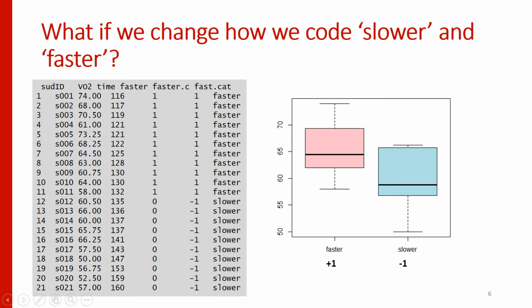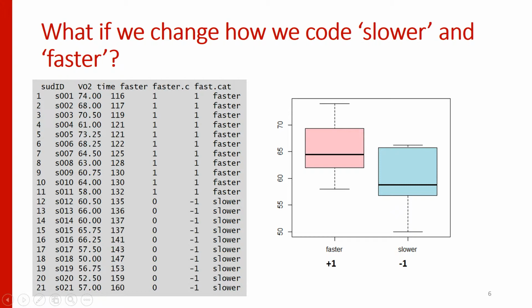Now, what if we change the way in which we are coding slower and faster, right? So we can change this from being faster with 1s and 0s to faster.c with 1s and negative 1s. So our faster group still gets a 1, but now rather than a 0, our slower group is going to get a negative 1. So now rather than treatment coding, right, we are contrast coding these two variables, but